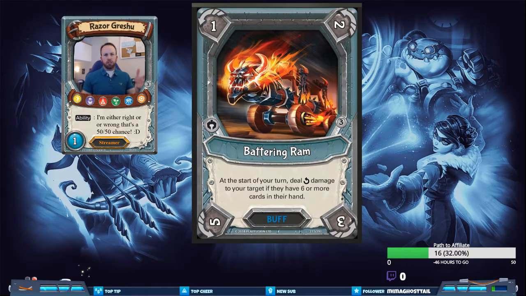Because I think machines and robots are the more tech-oriented family. I don't think they're really spread out as opposed to the other elementals, beasts, and stuff like that. So you can't even really do a whole lot outside of tech with this machine card, and I just don't think Battering Ram is going to see a lot of play. I like the design, I like the thought behind it, but the early damage as opposed to the late damage,